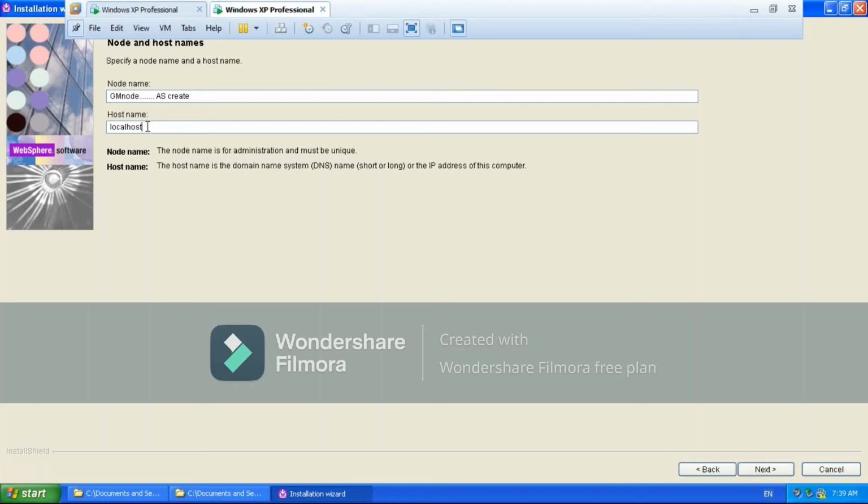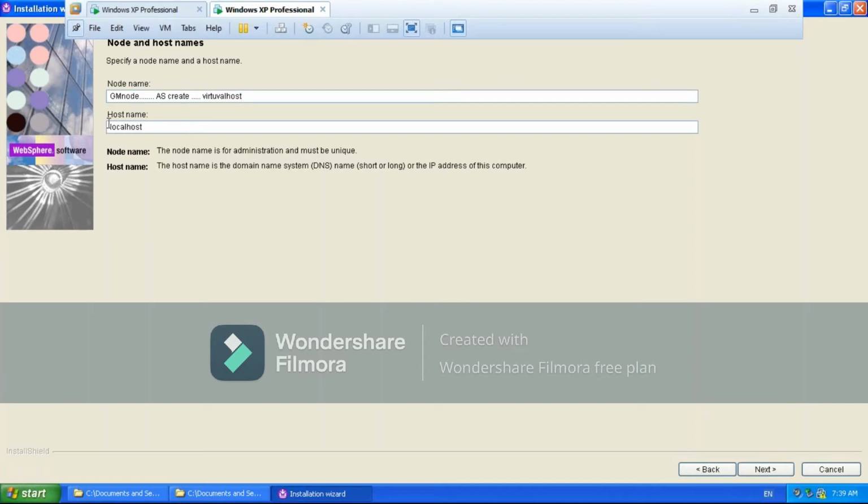This host name is for your physical system. Then what about this? This is also a server, right? This is also an application server which is created under your node. But what host name will this server use? That host name is nothing but the virtual host. That is the virtual host, a very important one. We will discuss it very clearly. But you got the point, right?